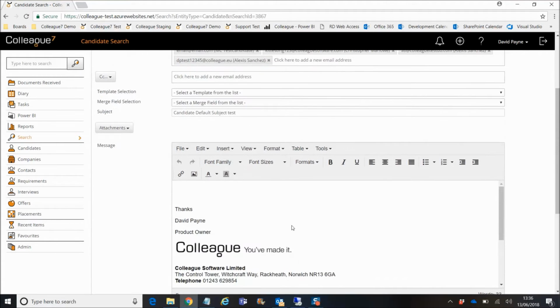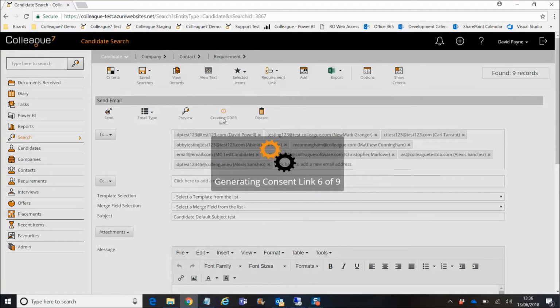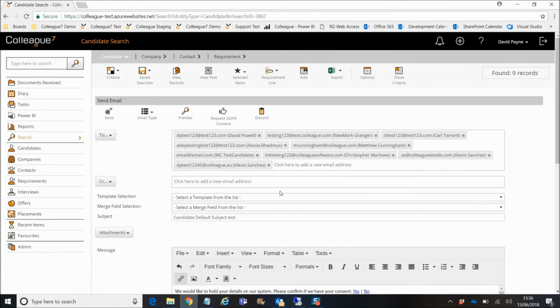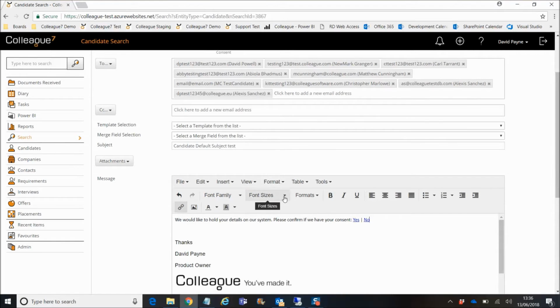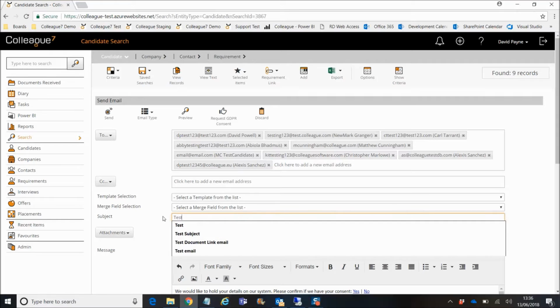Obviously the email form comes through. If we start by just requesting the GDPR consent, so this is doing it for all the records, what you'll see there is that a message came up just advising that it's generating the link, and obviously the link is then part of the form and part of the email that you're going to be sending out. Also on the sending front, we've got a similar sort of message. So if we now send this email, obviously this is a test email,